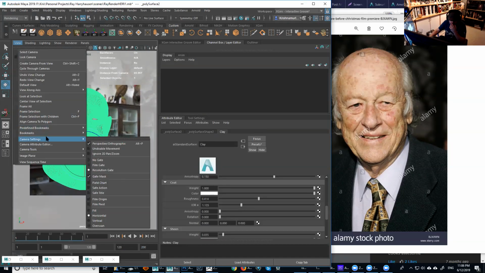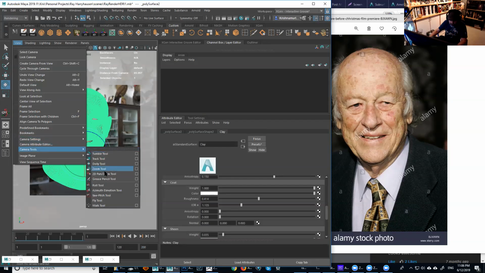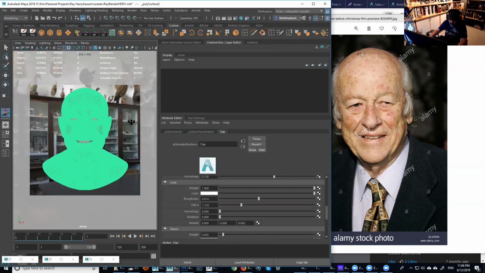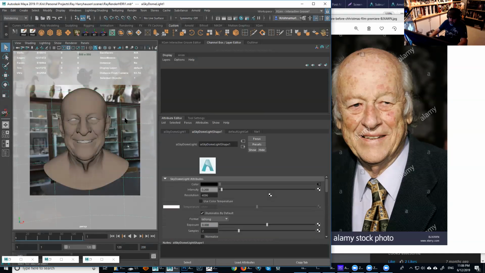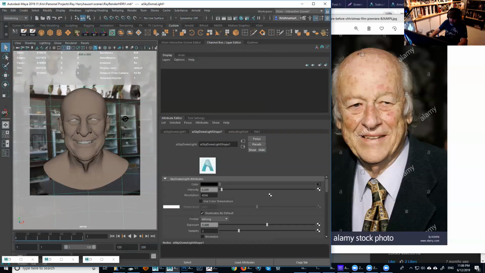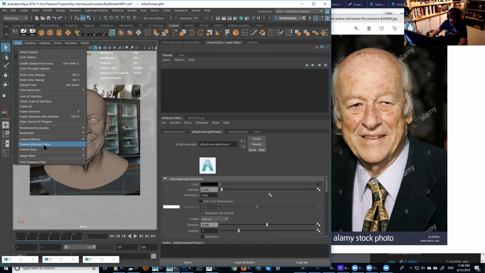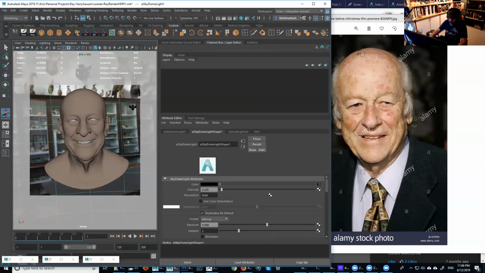So I'm just going to use the camera tools roll. I'm just going to add a little bit of that roll right there. Just get a little bit closer to that angle, right? And then maybe a little bit lower like that. So with something like that, I can start comparing. I see the ear is slightly more visible on one side, maybe the head's a little bit more turned like that, right? So, something that's just close enough because the purpose is to eyeball most of it, right?